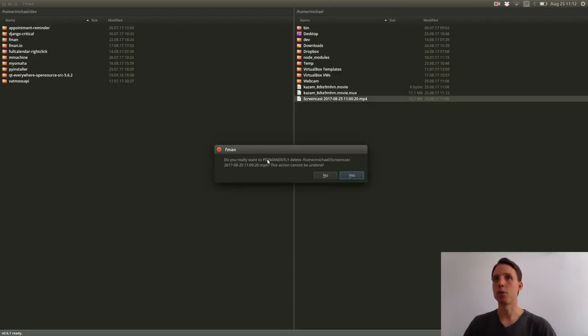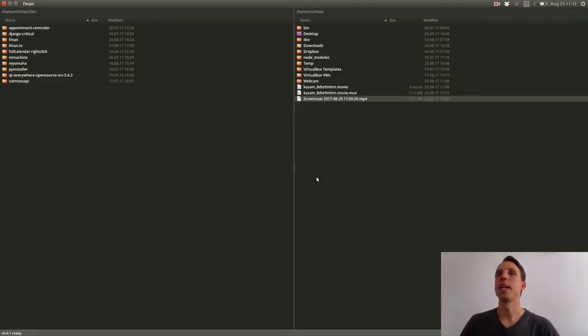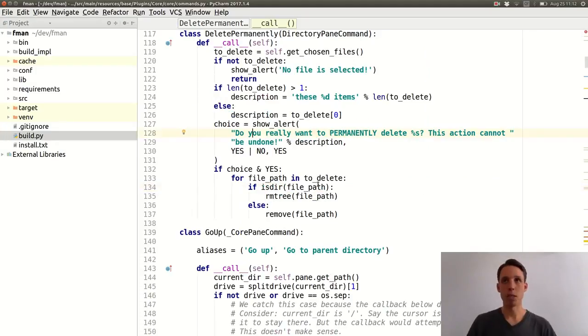I hope it's not too small for you to see, but I'll read it out loud. Do you really want to permanently delete the file? This action cannot be undone. And this is where we have the bug. And if the user accepts this dialog and says, yes, I do want to delete the file, then we go